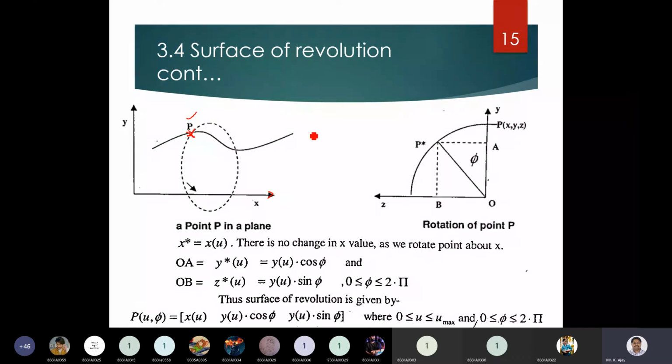Okay, so now in general, he is considering xyz here, but if the curve lies on the xy plane, then the z coordinate will become 0. Here it will become 0 if the curve lies on an xy plane. Now, in between, what happens when you are trying to rotate such a curve? What is happening?